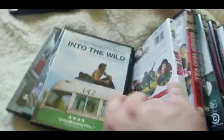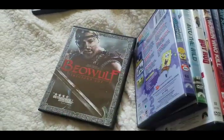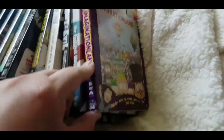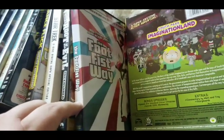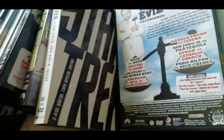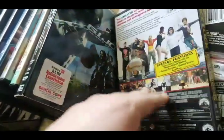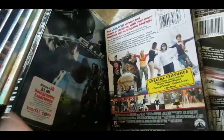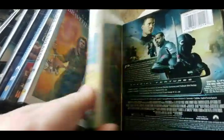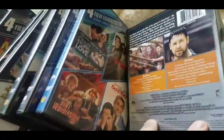Hot Rod. Into the Wild, Atlantis Squarepants, Beowulf, South Park Imaginationland the movie, The Foot Fist Way, Lewis Black's The Root of All Evil, the original Star Trek, the 2-disc collection, Dance Flick, one of the Wayans brothers' few very good modern spoof movies, G.I. Joe: The Rise of Cobra, Truth or Square, the double feature set of Braveheart and Gladiator, the Steve Carell collection,